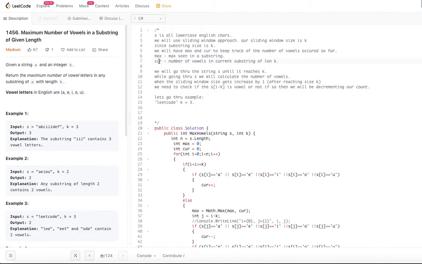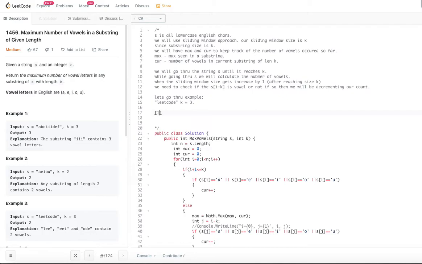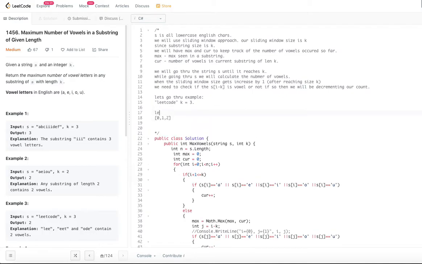So when we move the sliding window by one character, we need to forget the last character in the sliding window. Let's say our sliding window of length 3 is 0, 1, 2. When we move to 1, 2, 3, we forget index 0.